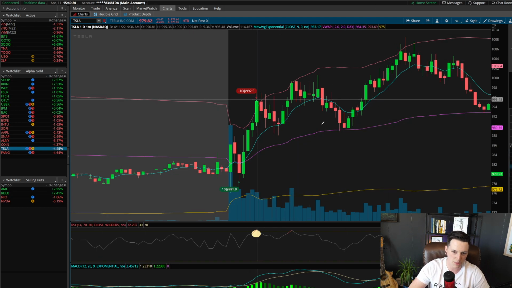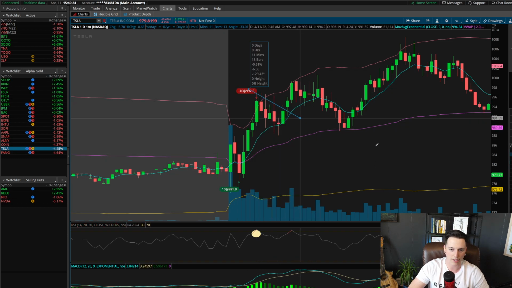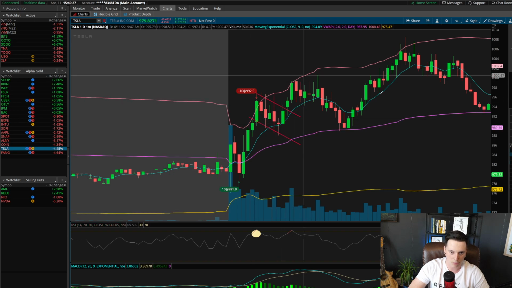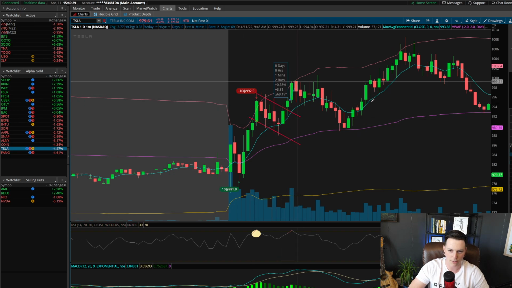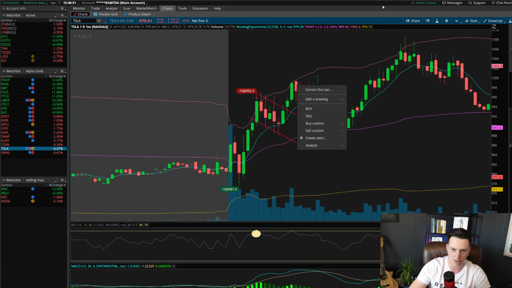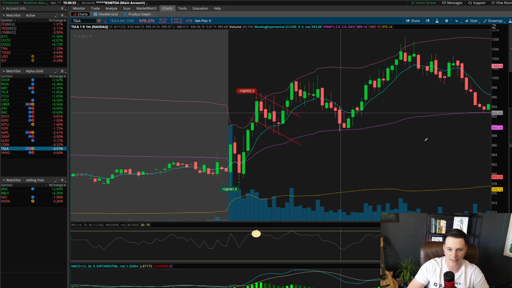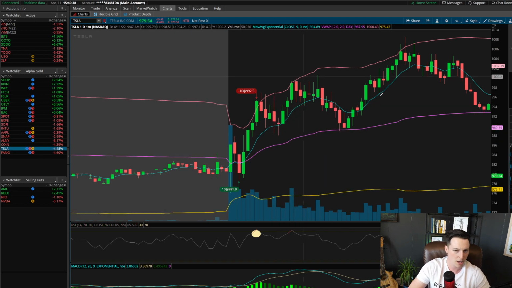So I closed out this position. We ended up pulling back. We ended up actually having a pretty nice little bull flag here, and then took another run up, which I wasn't too upset about because it was only an extra 0.38%, which would only have been $38. Took another pullback, and at this time, I stopped paying attention to it. I'm going to do a video on Coinbase in a couple of minutes, but I stopped paying attention.